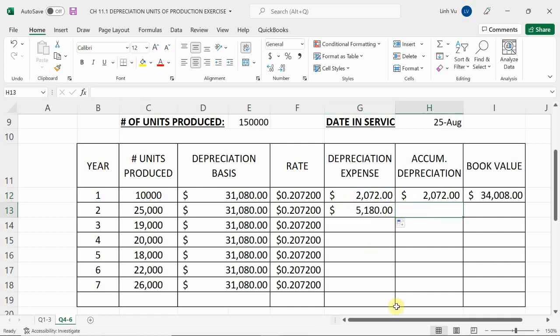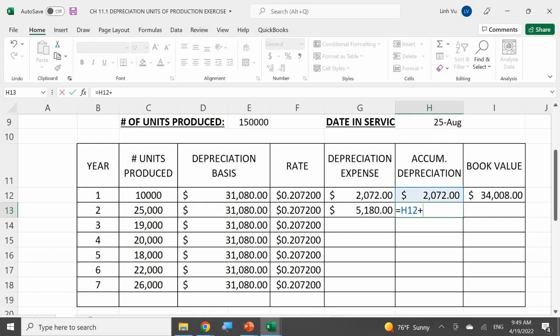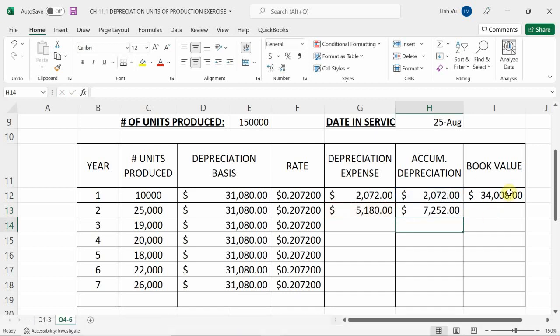Which will give me an accumulated depreciation of 5,180 plus the 2,072. Mm-hmm. 7,252. Good. All right. Will give me a book value of